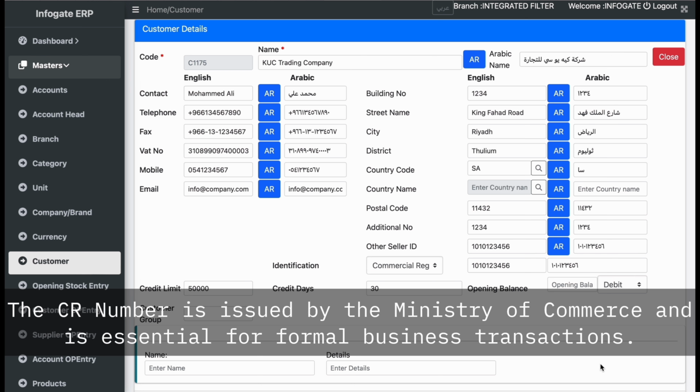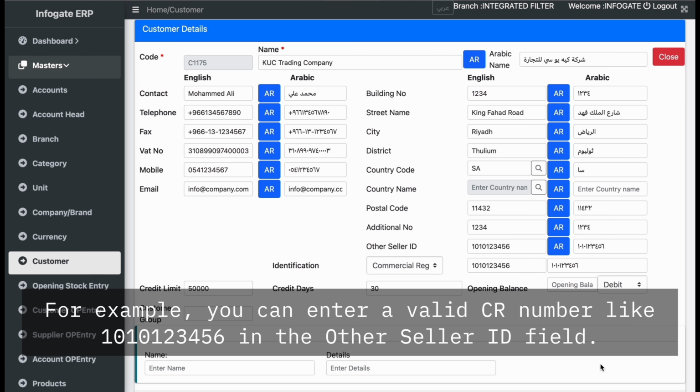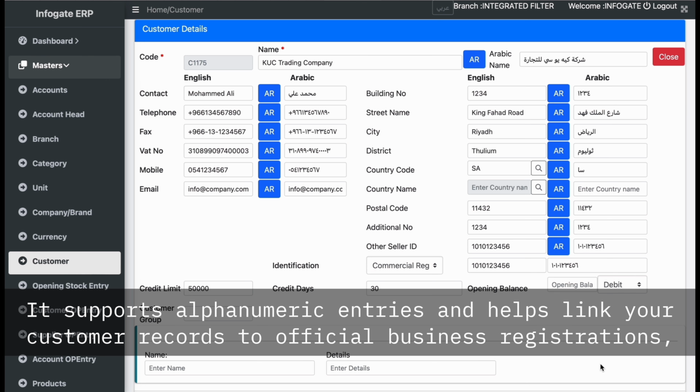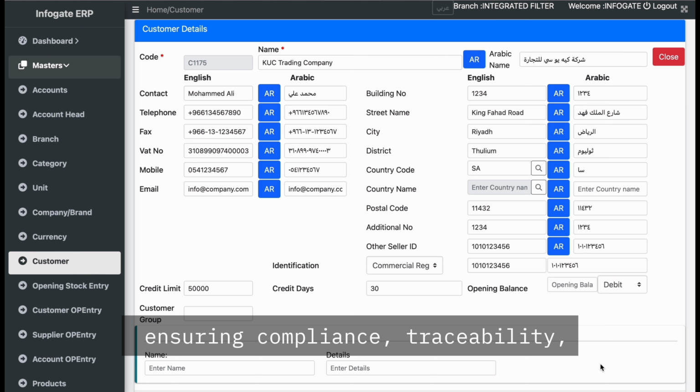The CR number is issued by the Ministry of Commerce and is essential for formal business transactions. For example, you can enter a valid CR number like 1010123456 in the other seller ID field. It supports alphanumeric entries and helps link your customer records to official business registrations, ensuring compliance, traceability, and accurate reporting across modules.